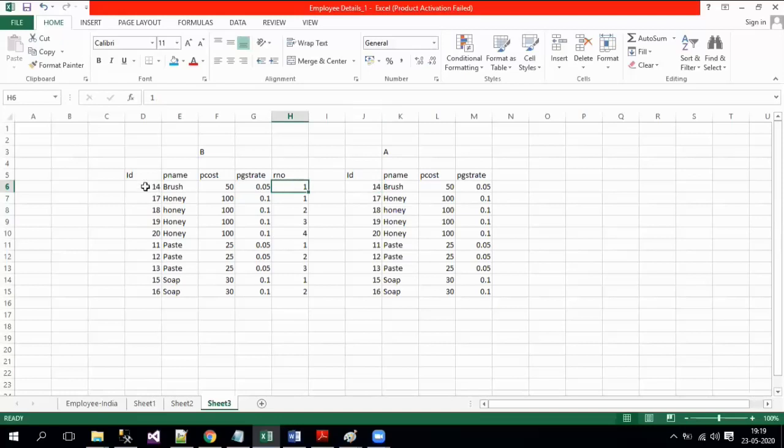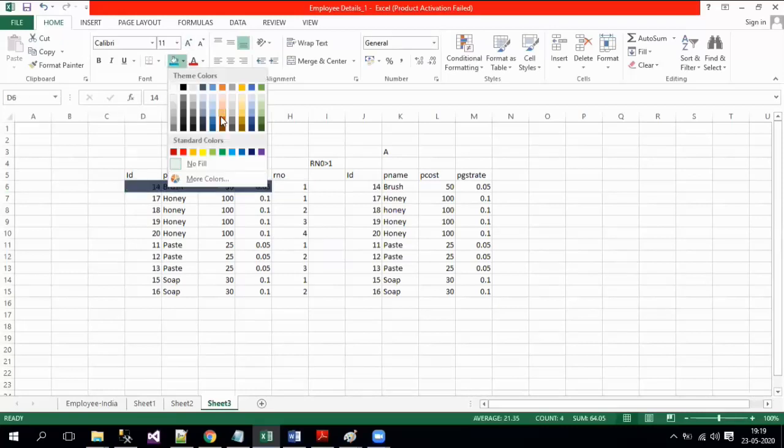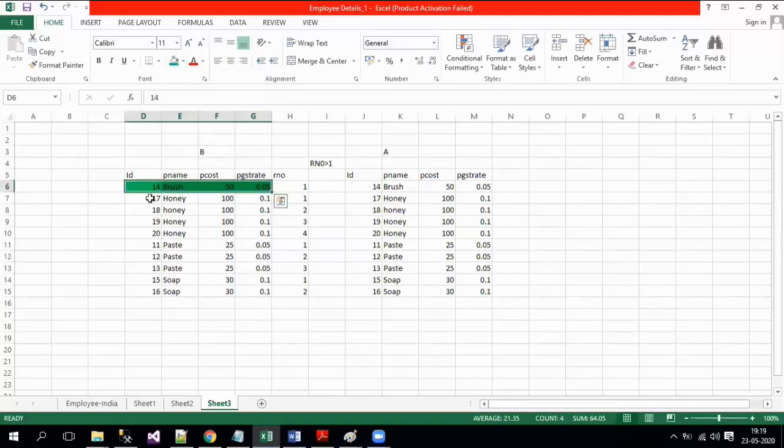So if you see here, this is a matching record, but I'm applying a condition of row number is greater than 1, right? If it is more than 1, then only I need to delete it. Now it is not greater than 1, right? It is equal to 1. So this row will not get deleted, right? So let's consider this is not a duplicate, this is a distinct record. Now when you see this one, 17 will join with 17, and the row number still is 1. So it will also be considered a distinct record because the row number is not greater than 1, it is equal to 1.